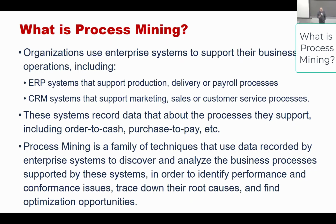These enterprise systems, be it ERP systems or CRM systems, like Pipedrive for example, record a lot of data about the processes they support, including data about the order to cash process or the purchase to pay process, etc. Process mining is basically a family of techniques that takes as input the data from these systems